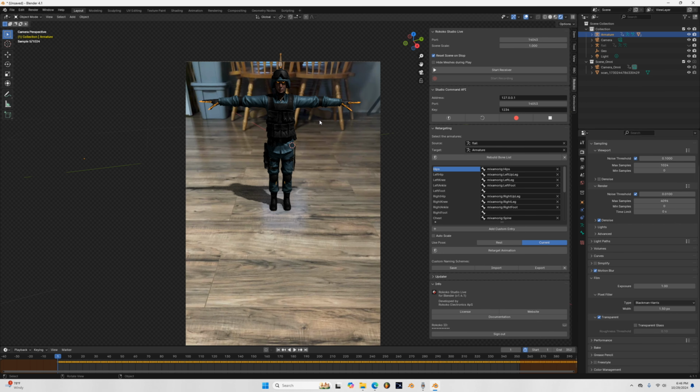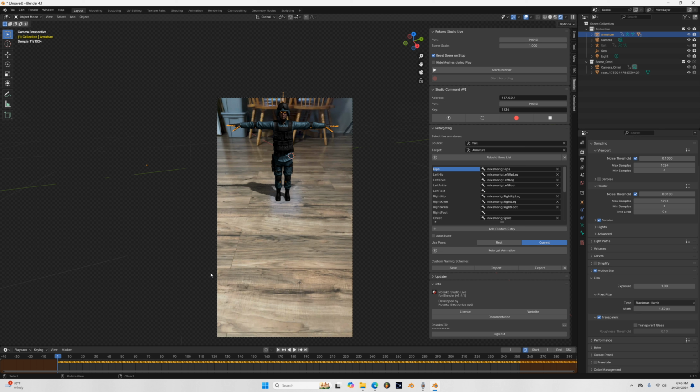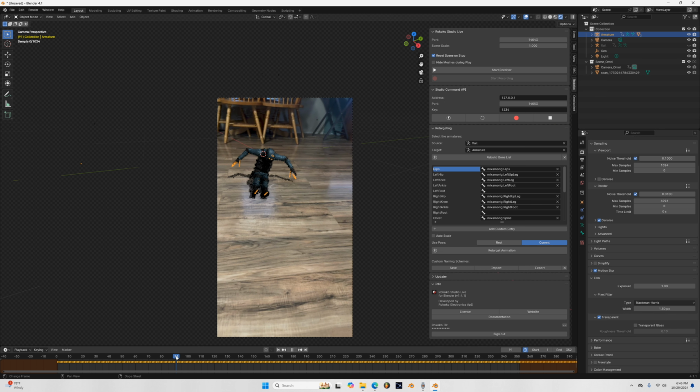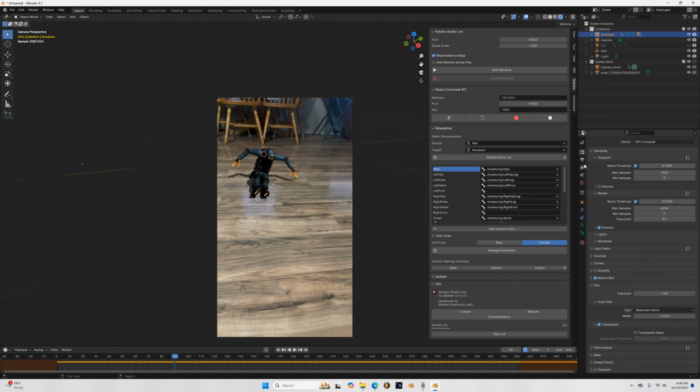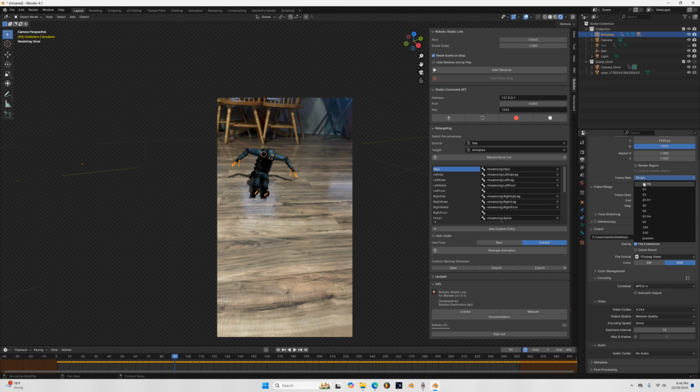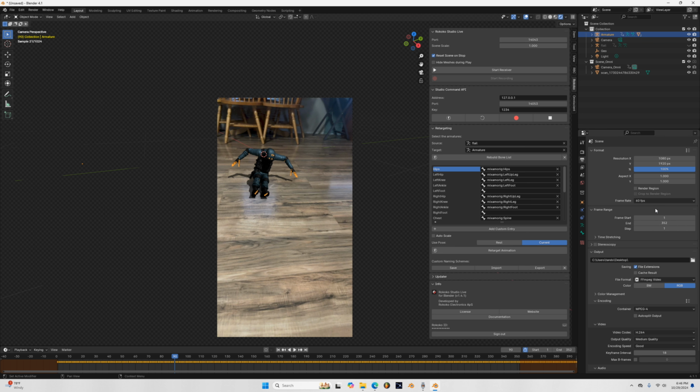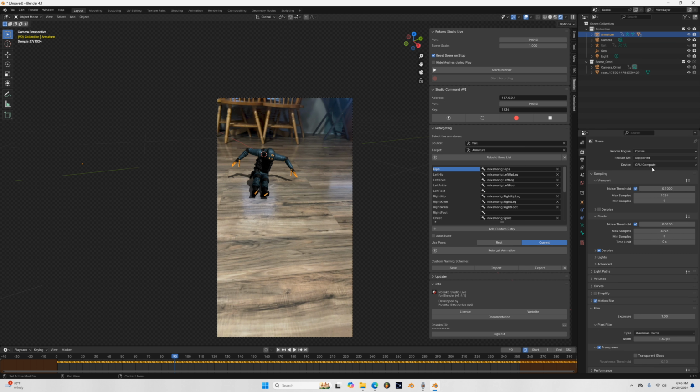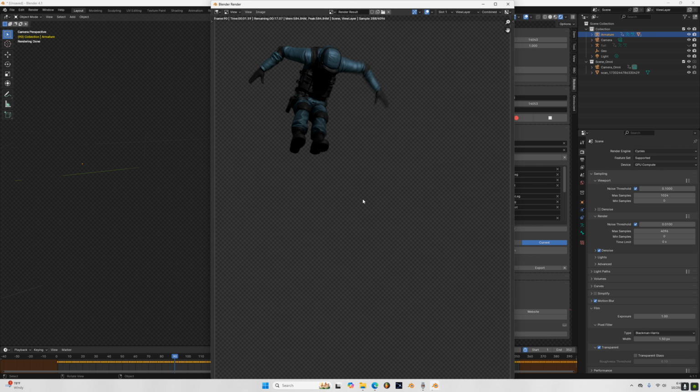A good way to make sure everything's looking good is if you hit F12 and render a quick scene. So that's crazy. The frame rate changed to 30, so let's fix that back to 60. I think I never changed it to begin with. So yeah, make sure everything's GPU compute on cycles. Let's hit F12, and it's going to render us a